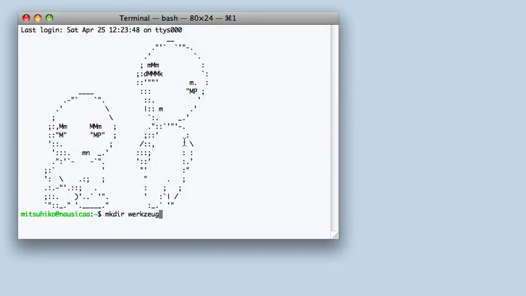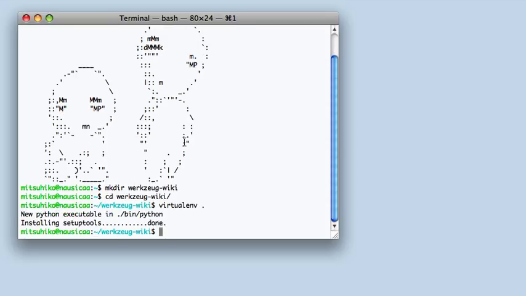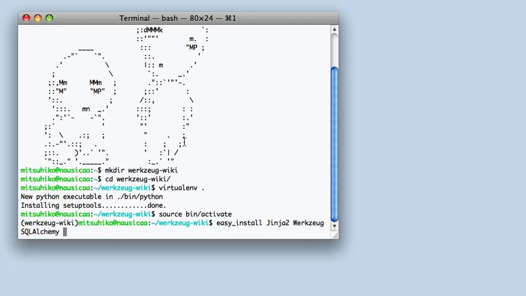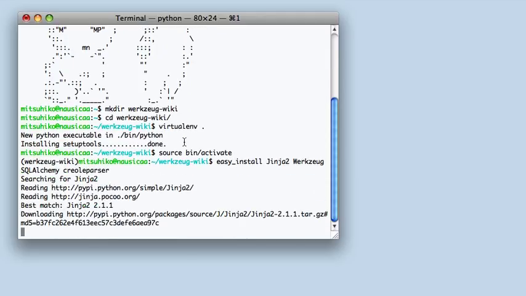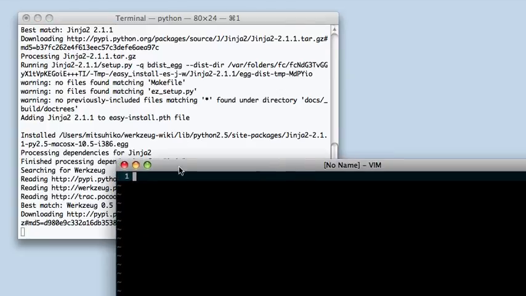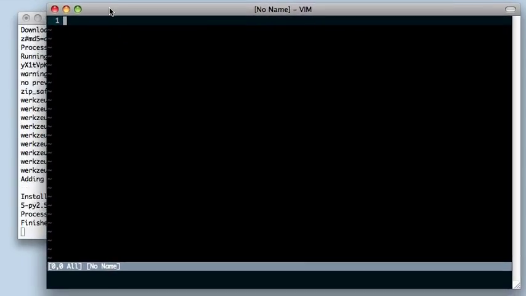Okay, so let's get started. First we create a folder and bootstrap a virtual environment in this folder. Now we can activate it and install our libraries. So while it's installing, we can fire up our editor and create a file that's used to start a local